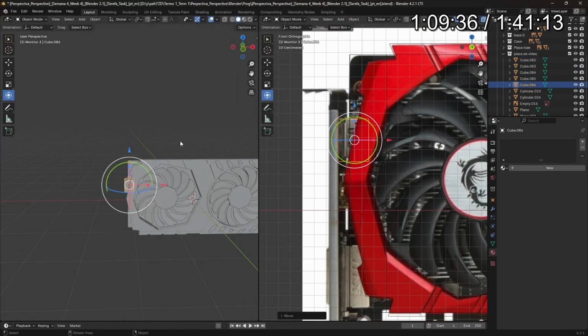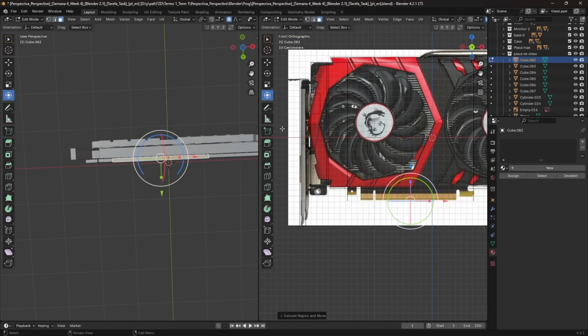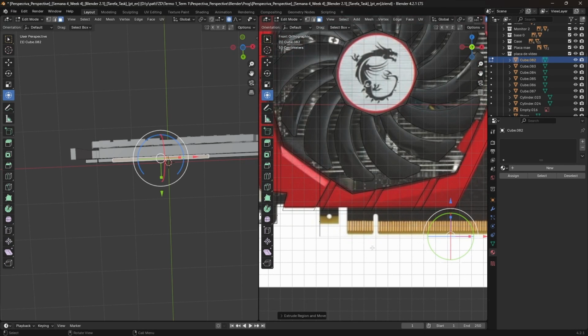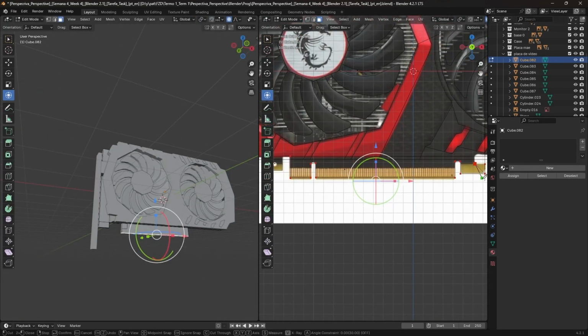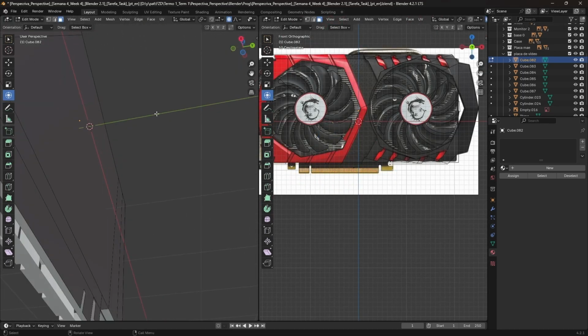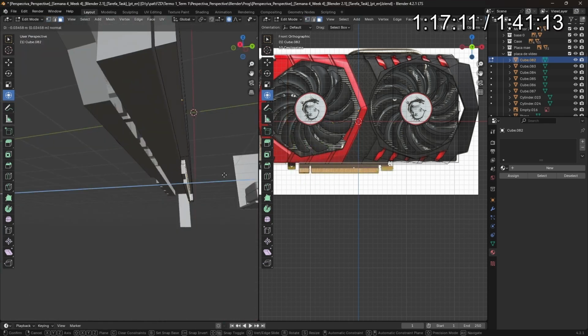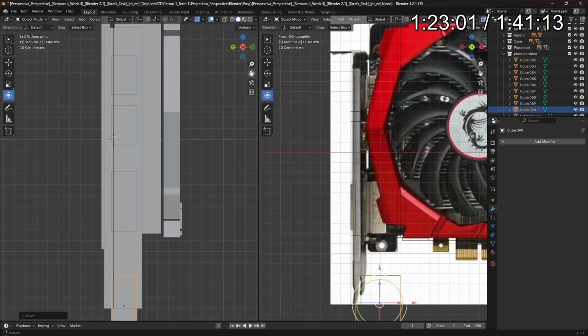After that, I spent my time modeling the ports, like the DVI, the parallel, the serial part, and also the HDMI part, and I think the display port. Let me see. I have display port, I have DVI, and I have HDMI. Yeah, three ports. Anyway, I modeled that stuff, and also the PCI part, to connect the